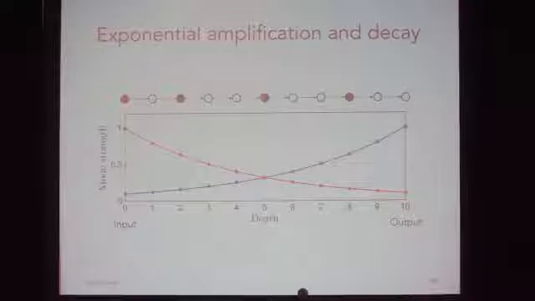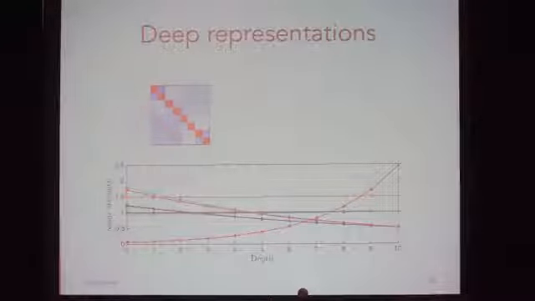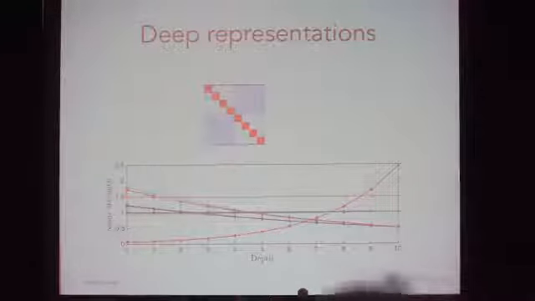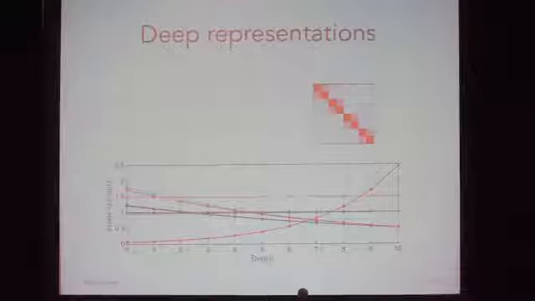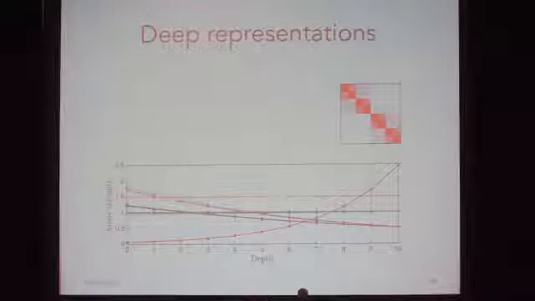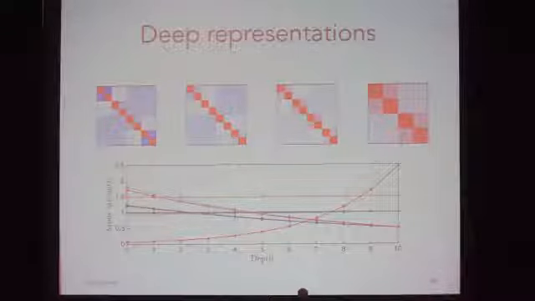So this is a single network looking at how the representations change across layers. So that's for one mode. And of course, the actual network is going to be a mixture of that. So you have a mixture of modes, and some are amplifying, some are decaying. And so over the course of this deep network, you can look at the changing correlation structure of its hidden representations, and it's going to shift from a more perceptual set of correlations to a more task-based set of correlations by the end of learning. Okay, so you get this progression.